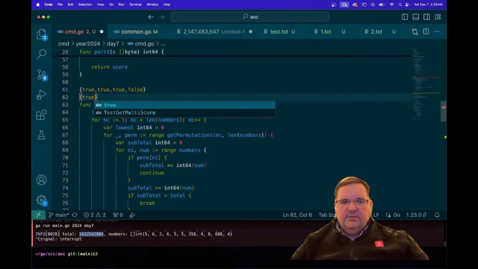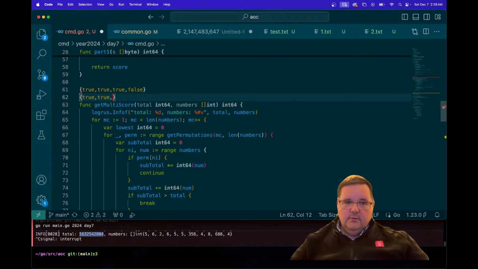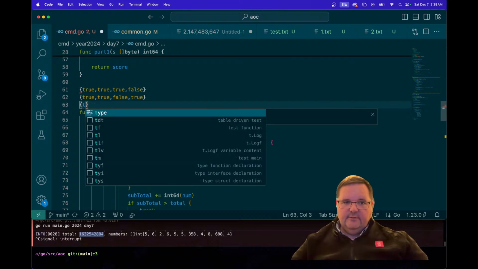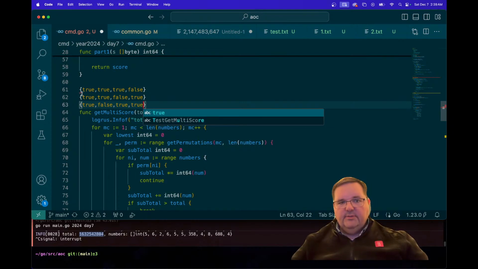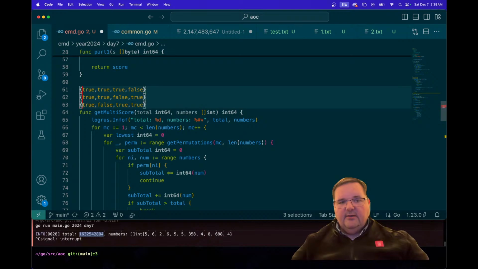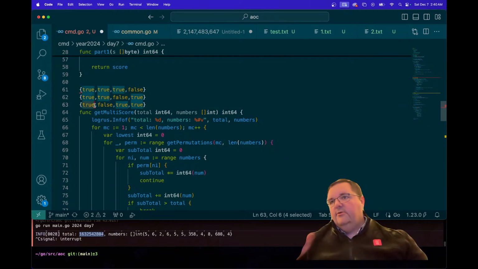Then I have a permutation of true, true, false, true, and then I have a permutation of let's just say true, false, true, true. Each time I go through this permutation, I'm recalculating this index each time. The first index is getting recalculated. But in a recursive one,